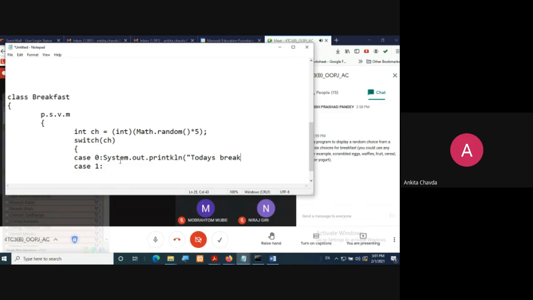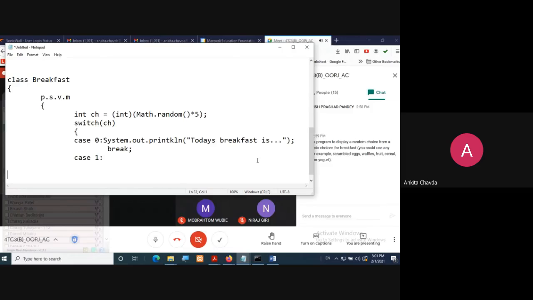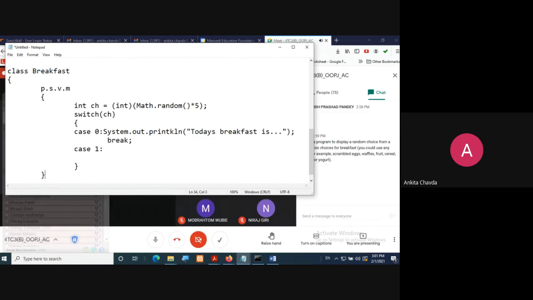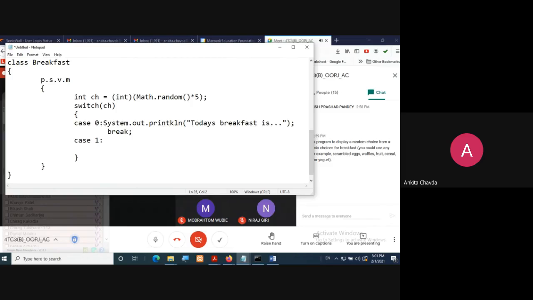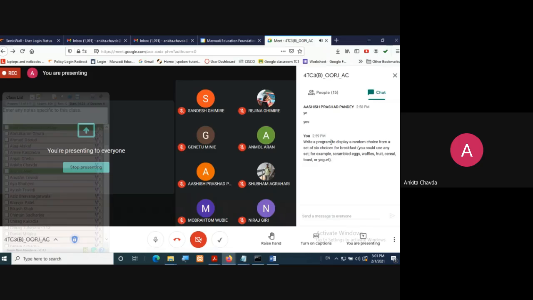So there are 6 cases that you need to write. And don't forget to break, otherwise every case will execute. Once your switch is finished, close it, close public static void main, and your class will be closed. So I hope you are able to perform this program now. Yes or no? Please write it down into the chat.